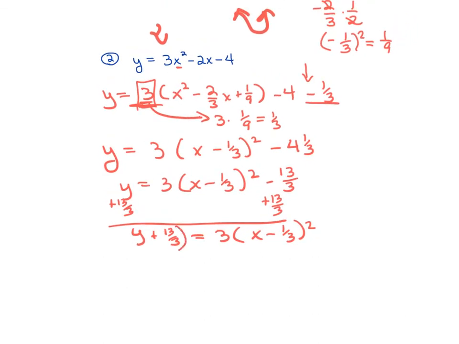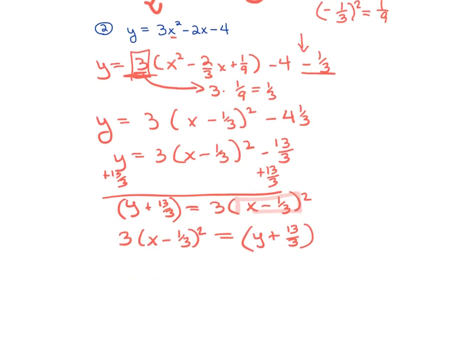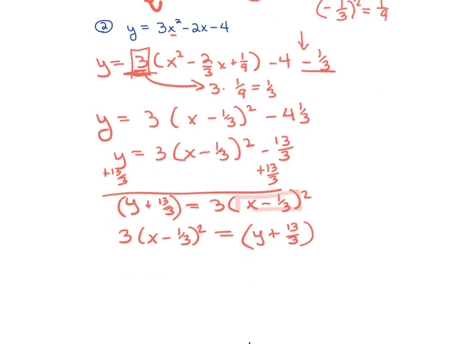Now, what I need to do is I want the squared term on the other side. So I'm going to flip-flop the two sides. I'm just going to take the right side, move it over here to the left, and then the left, move it over here. So all I did was switch the two binomials on either side. All right, so now again, remember, you only want the x squared term to be by itself. So what I need to do is divide both sides by 3,